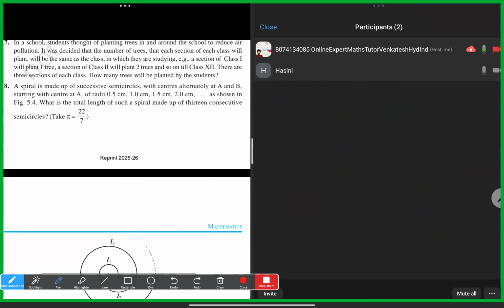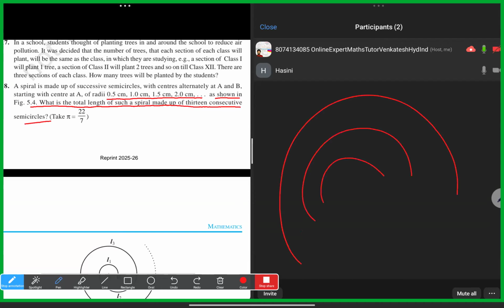They said that the spiral is constantly changing the radii from the center, going in this way. What is the total length of such a spiral made up of 13 consecutive semicircles? Means they're asking the total length, Hasni, of all the semicircles. So all the semicircle length is nothing but, Hasni, just adding up the